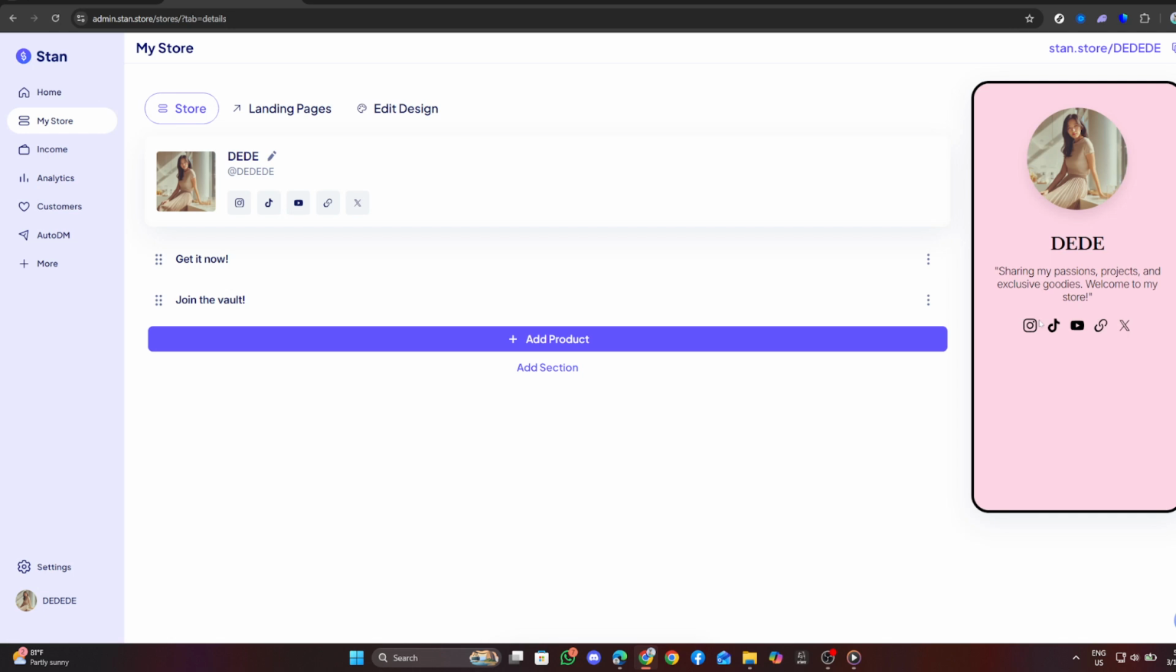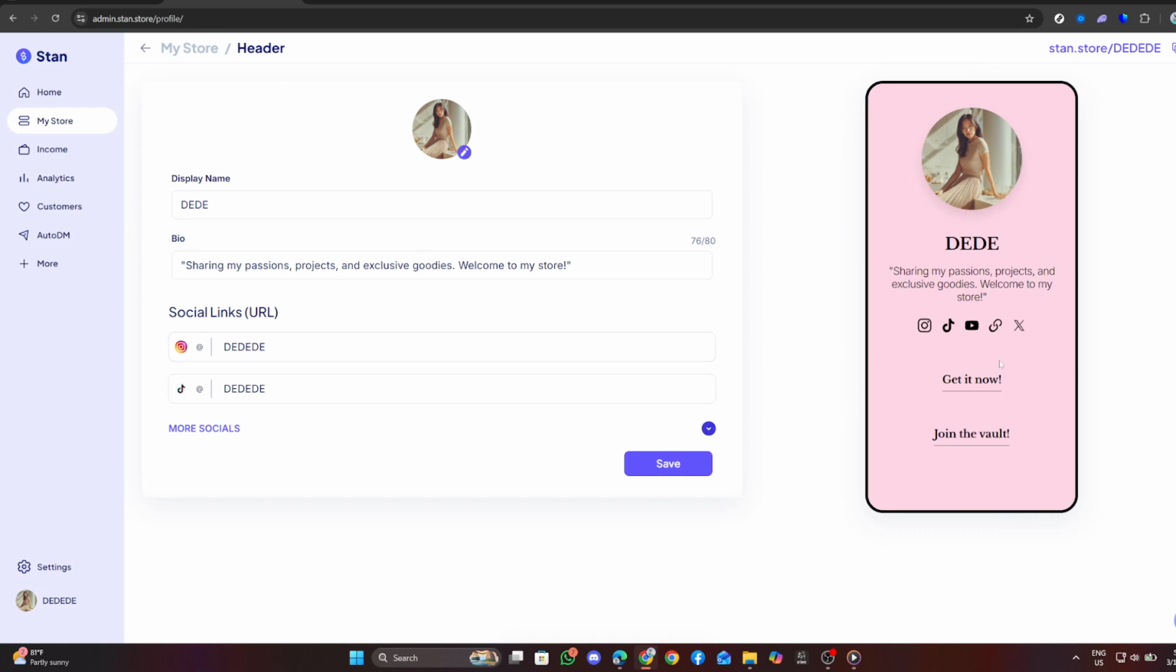As people purchase your digital products, payments will be processed automatically through Stan Store. This streamlined approach allows you to focus on creating more products and promoting your store without worrying about manual payment processing. That wraps up today's